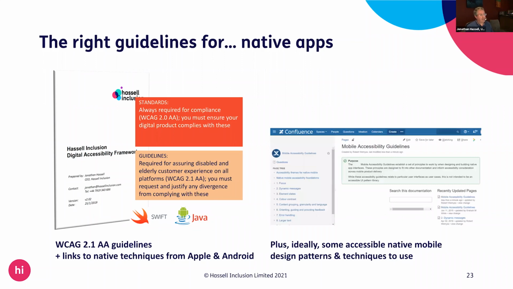The other thing, and we've done this for a number of our clients, is to work out what is missing in Apple and Android stuff, which is a lot about the design patterns for mobile that you would want to use, and making sure that accessibility is in there. There are a lot of questions that really aren't answered in Apple and Android documentation, and so again, we've done a lot of really great stuff there, so that people who are creating native mobile apps for organizations know the best way of doing notifications for people who are using a screen reader, all of that sort of stuff. What is the right consistent way of doing it?